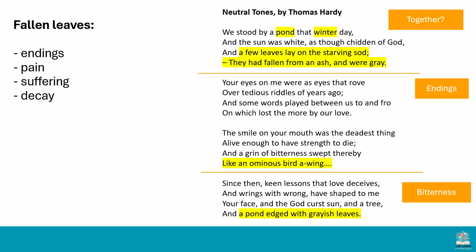So leaves have fallen on the ground. It's the end of the summer cycle for the tree, which is to do with endings, with pain, with suffering, with decay, with death. It's a really negative image that we have in this particular poem. And this contrasts with lots of the positive natural images we have in the other poems in the anthology. If you've looked at Sonnet 29 already, in that particular poem, love is blossoming at the same time as the vines wrapped around a tree are blossoming. Whereas in this poem, love is dying and the natural world is dying as well.